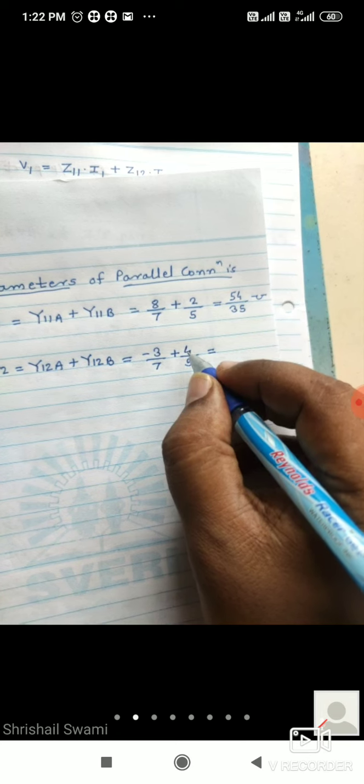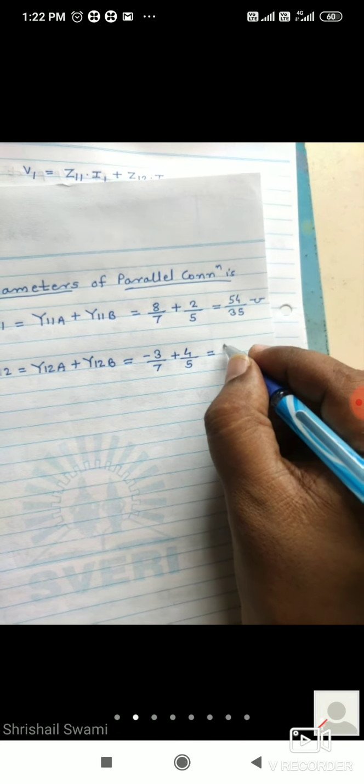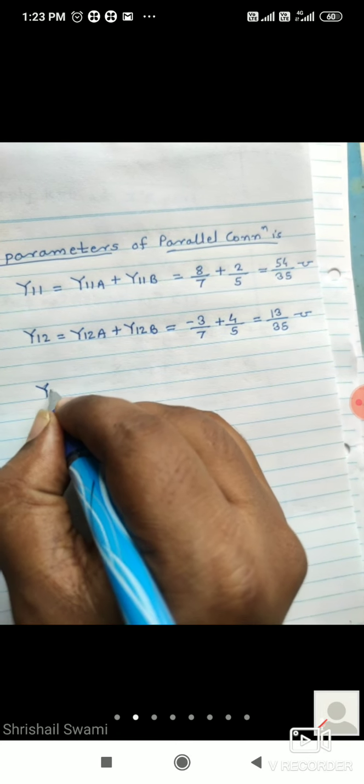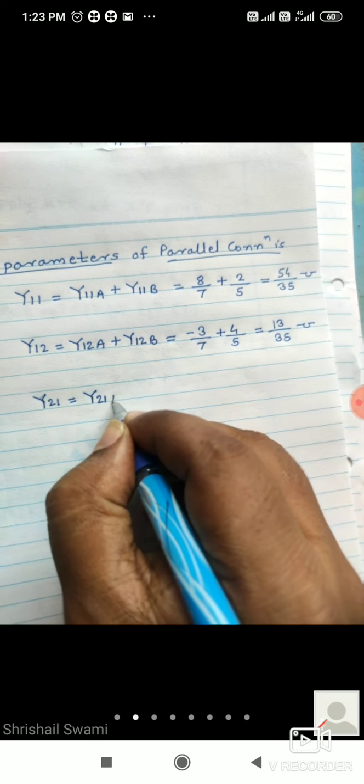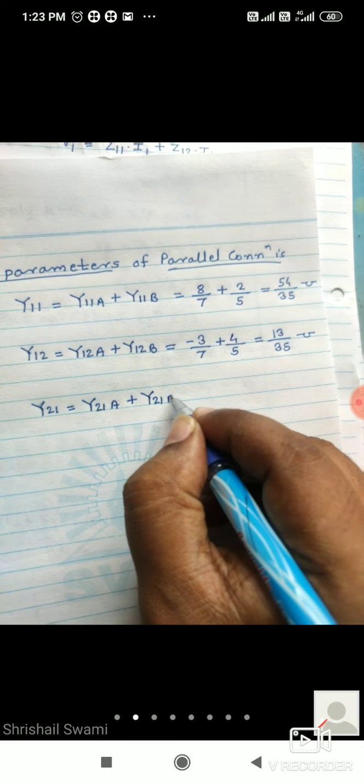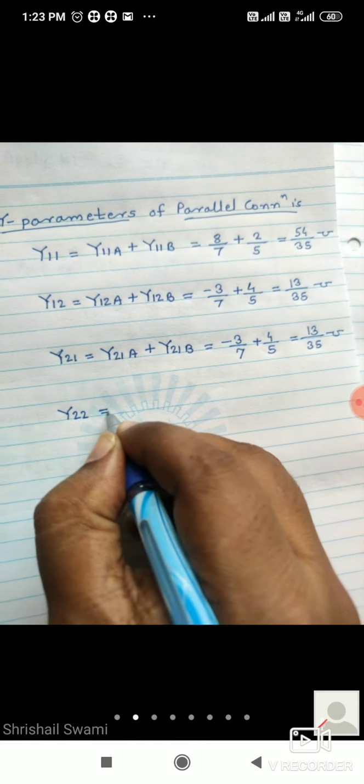So Y12 of A is minus 3 by 7 plus 4 by 5. So minus 3 into 5 is minus 15, and 7 into 4 is plus 28. Plus 28 minus 15, that is 13. So 13 divided by 35 mho. Y21 is equal to Y21 of A plus Y21 of B; this will be the same again, because here also it is minus 3 by 7 and here again plus 4 by 5. So directly you can write 13 by 35 mho. And lastly Y22 is equal to